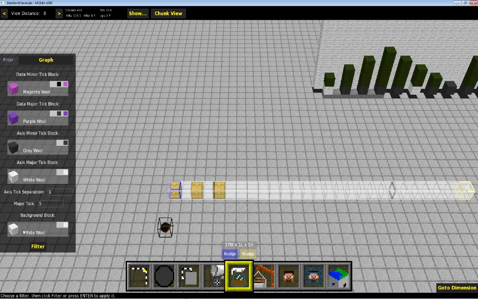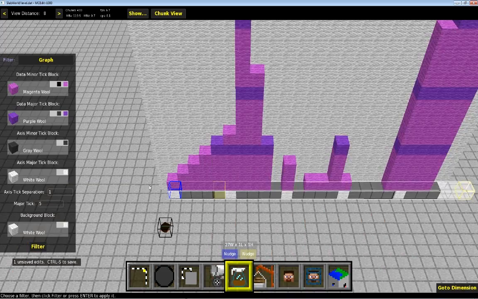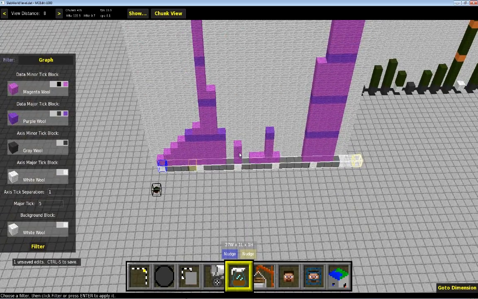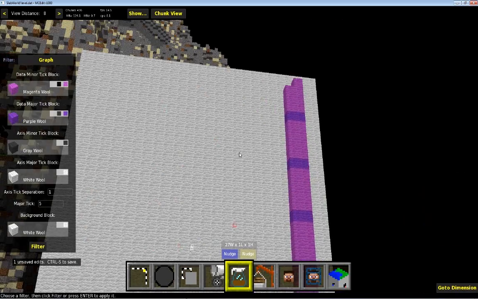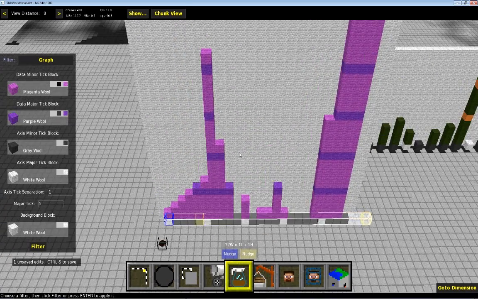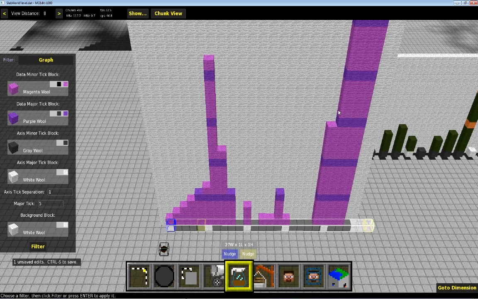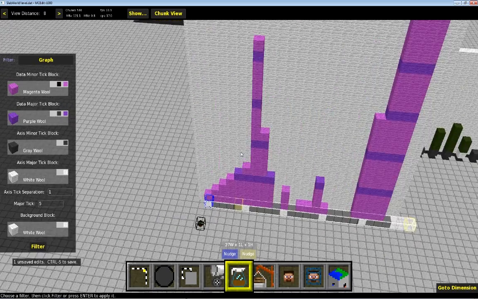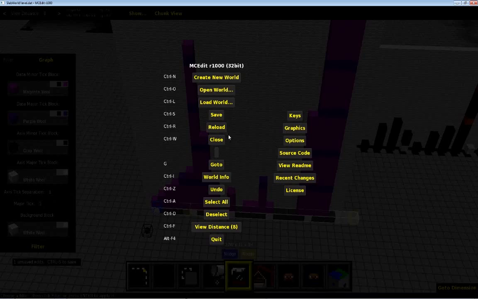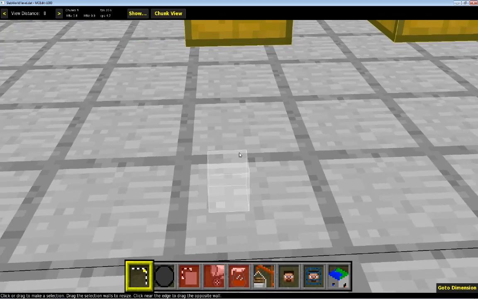The white wool is the background right now, but of course you can change it to whatever you want. So here it goes. You can see it generated the graph, white wool background, purple and magenta for the data values. Now, this will go all the way up to the top of the map. If, however, your data tries to exceed 255, the height of 255, it will stop and it won't place any more. So keep that in mind. But that's really all there is to it. I'll reload and show you some variation